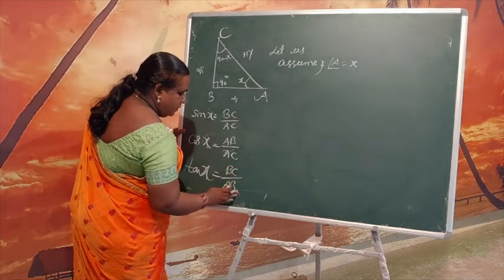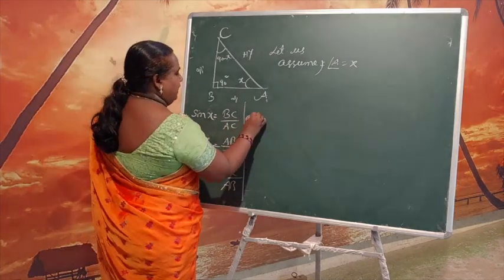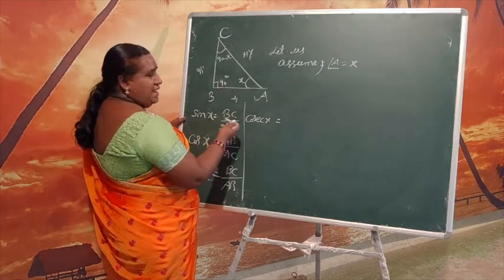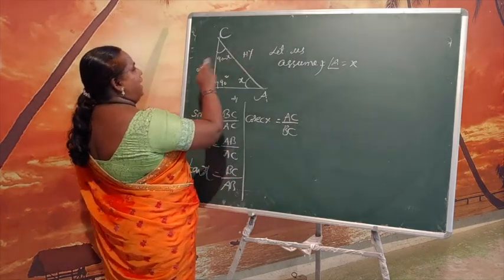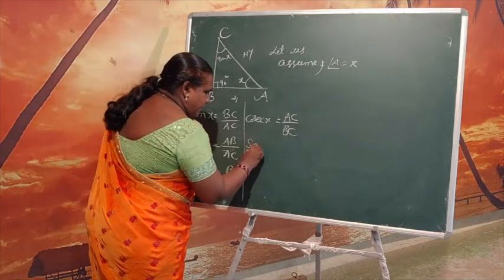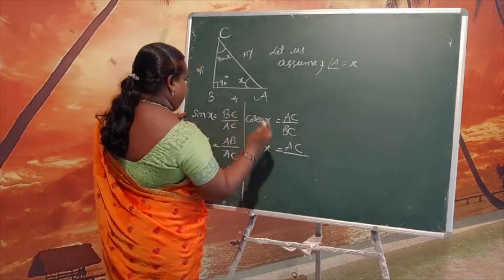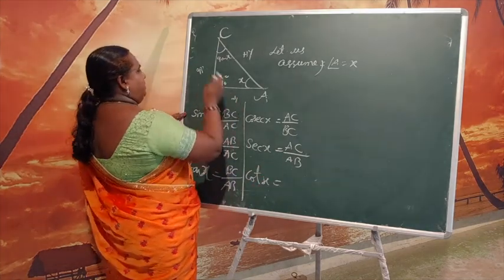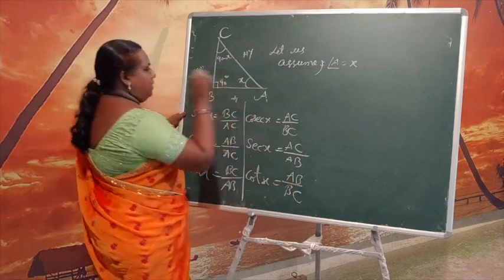BC by AB. You all know what the reciprocal of sine is? Cosecant. Very good. So cosec theta, cosec x. Just reversing the sign, BC by AC becomes AC by BC. Cosecant is hypotenuse by opposite, that is AC by BC. Now cos reciprocal, what, children? Secant. That is hypotenuse by adjacent, AB. And what is cot x? Reciprocal, that is adjacent by opposite, AB by BC. Now this is about angle A.